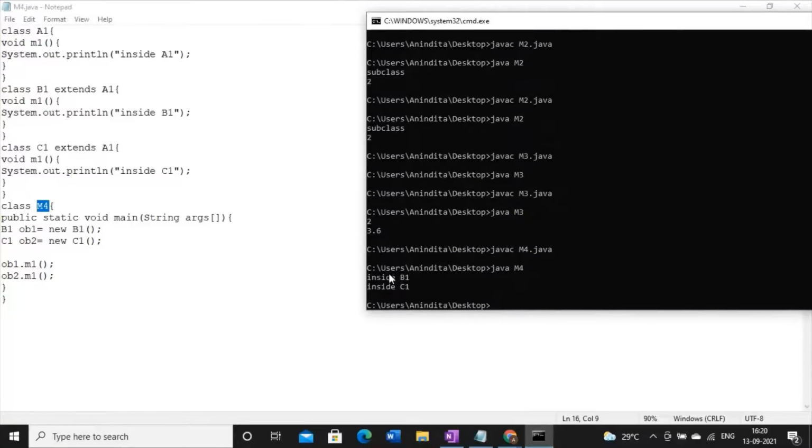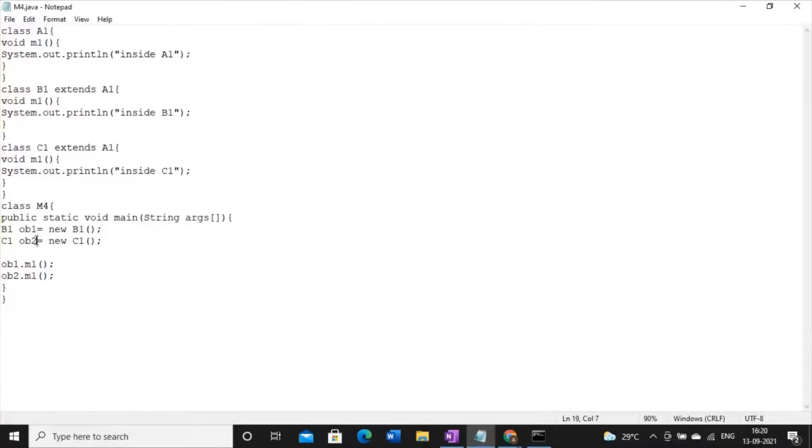See, inside B1 and inside C1, this one is hidden. The output of A1, that is inside A1, is not visible. It means overriding occurs. So the problem is created, right?